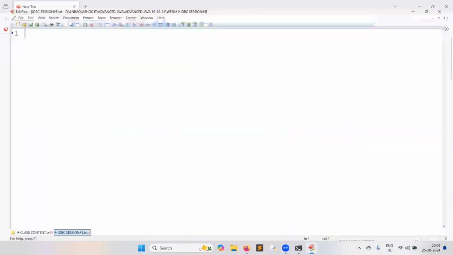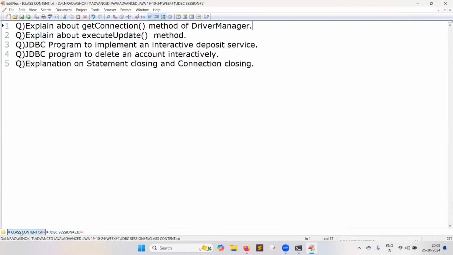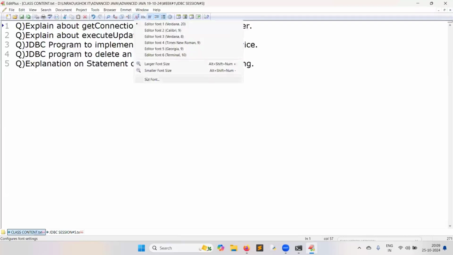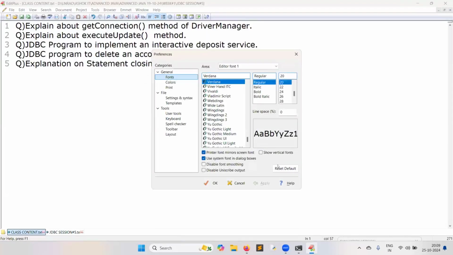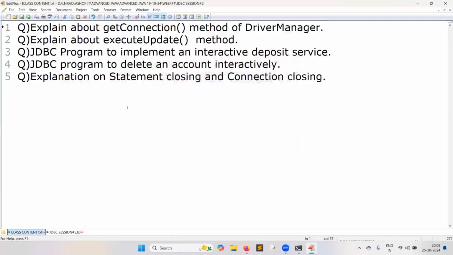Very good. So now let us start today's story. Is this font size sufficient, or do I have to increase it further? Sufficient, sir.